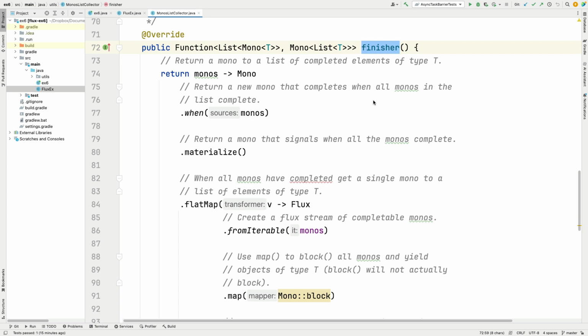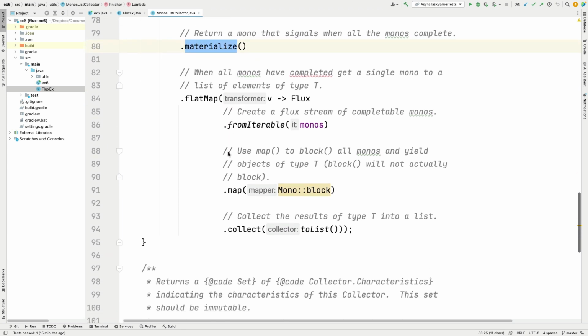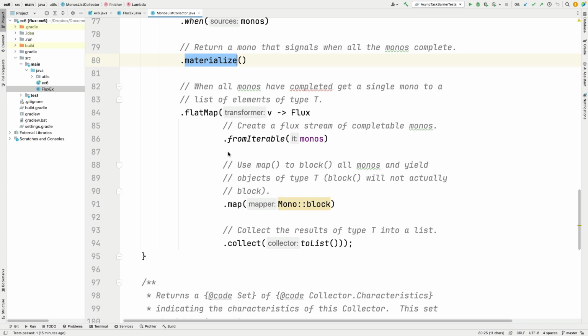So those things will all be running in the background. When they all finish their asynchronous processing, that mono will emit. And then we use a very funky sort of Eastern philosophy, Buddhist kind of thing of materializing the results. So it's going to return a mono that signals when all the monos complete. And then at that point, we're going to take the original list of monos, turn it into a flux, use